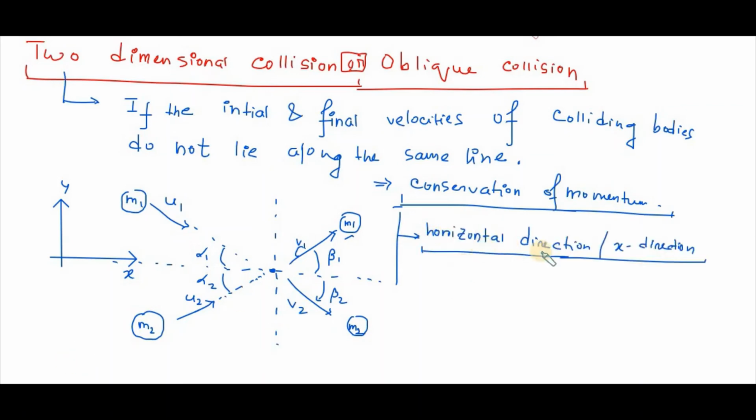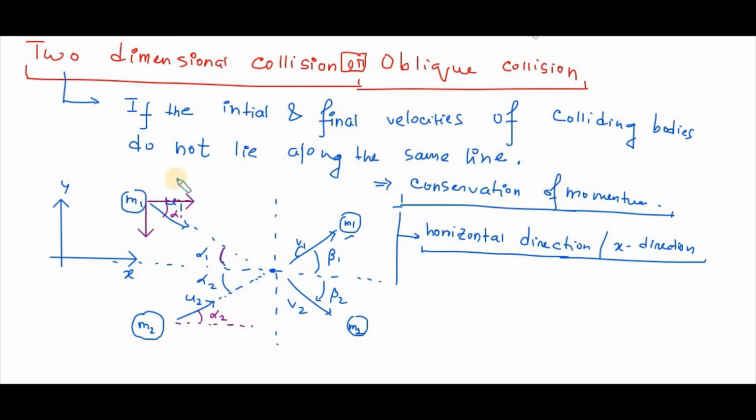To apply the conservation of momentum along the horizontal or x direction, we first have to define all the velocity components. So first, for u1, the angle given is alpha 1, which means this angle here is alpha 1. Similarly, u2 is moving along this direction. If we consider a line parallel to the horizontal, then this angle will also be alpha 2 due to the alternate angle concept. In that case, this u1 can be resolved into two components.